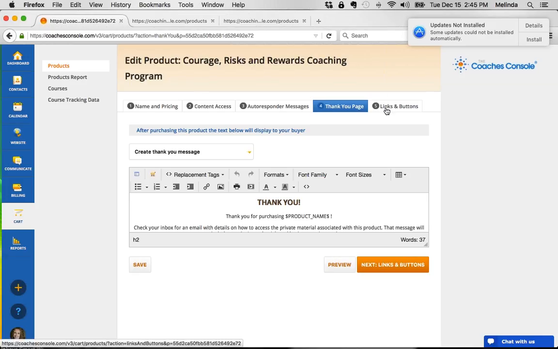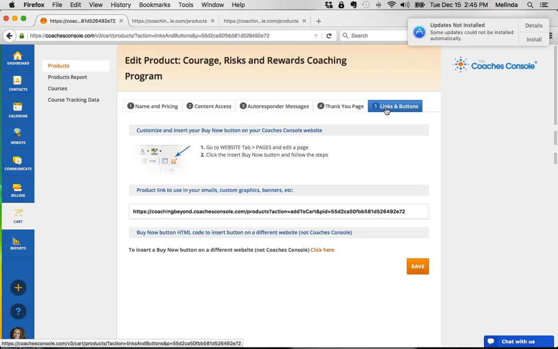And then the last component of the product wizard are the different ways that you can use your product. So there's 3 different ways. You can insert a buy now button onto a Coaches Console webpage. You can use a specific link. So if you're creating,